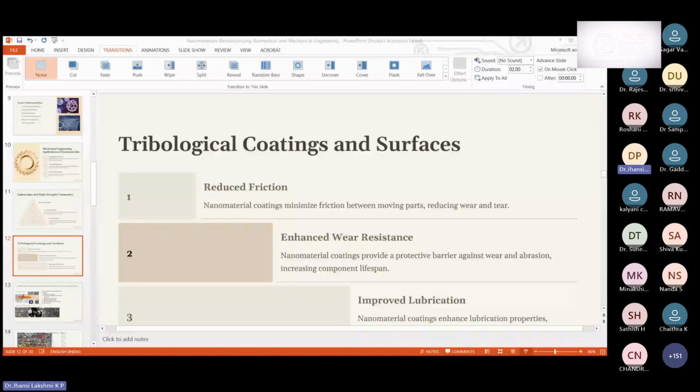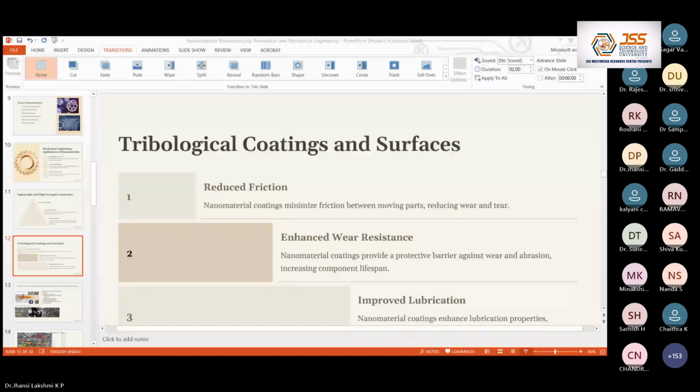From this graph, it is seen that for 90 degrees impingement angle, the maximum volume loss is seen when compared to the other impingement angles. From these studies, we can come to a conclusion that the